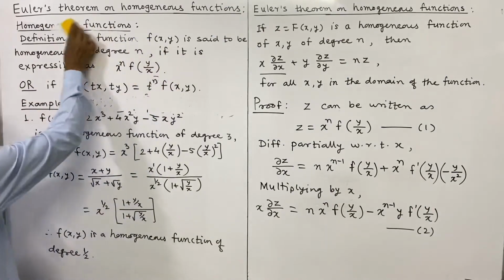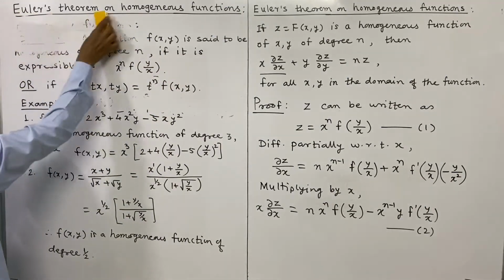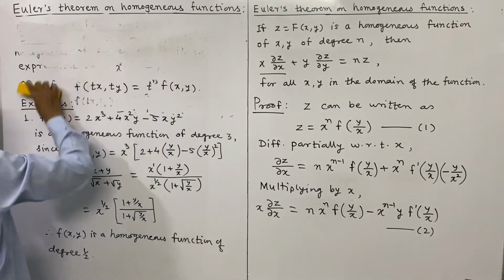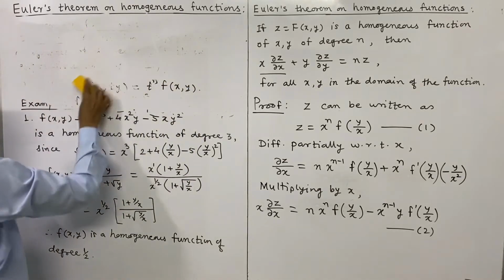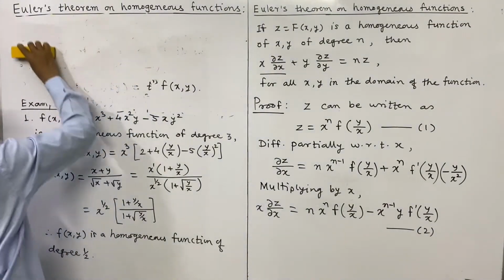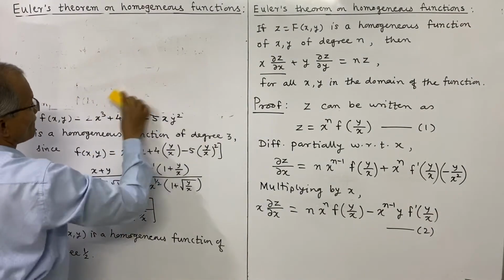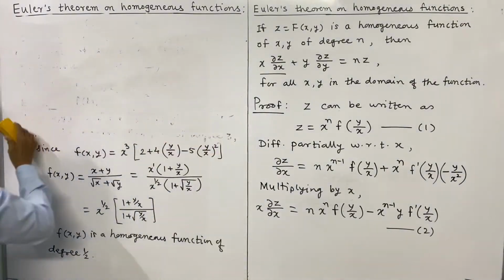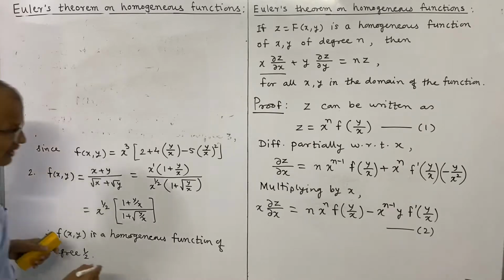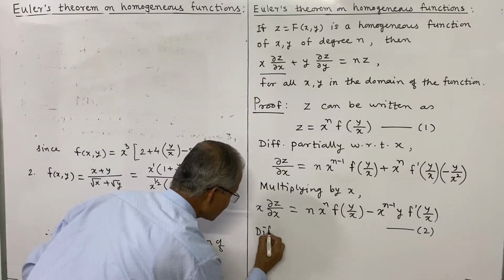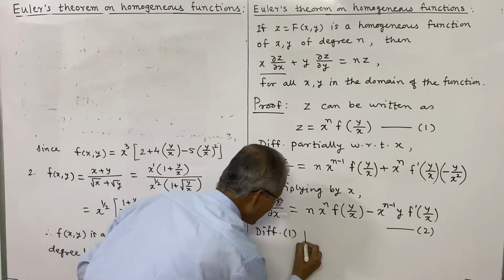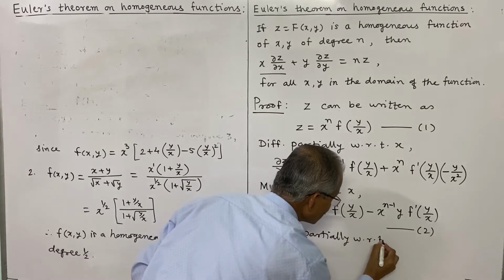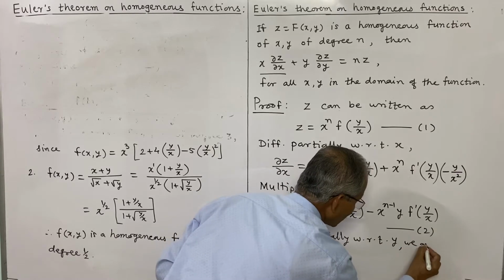So I shall now write here, differentiating z partially with respect to y, that is from 1, differentiating 1 partially we get,